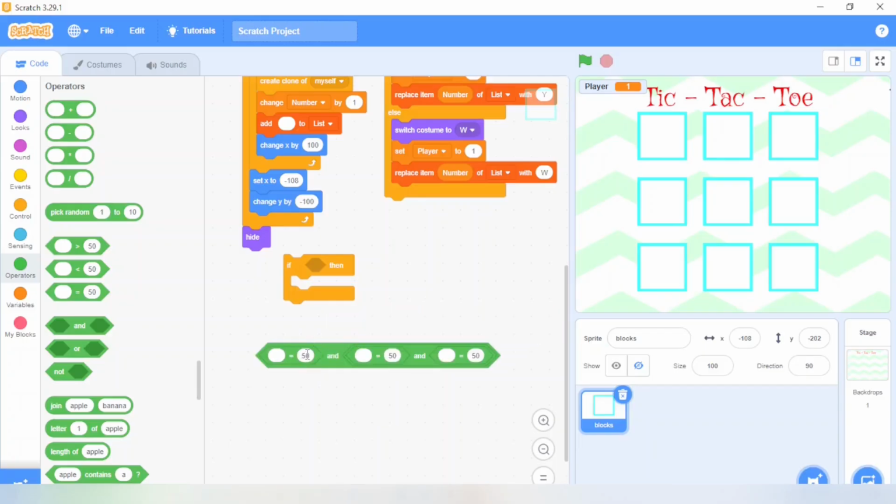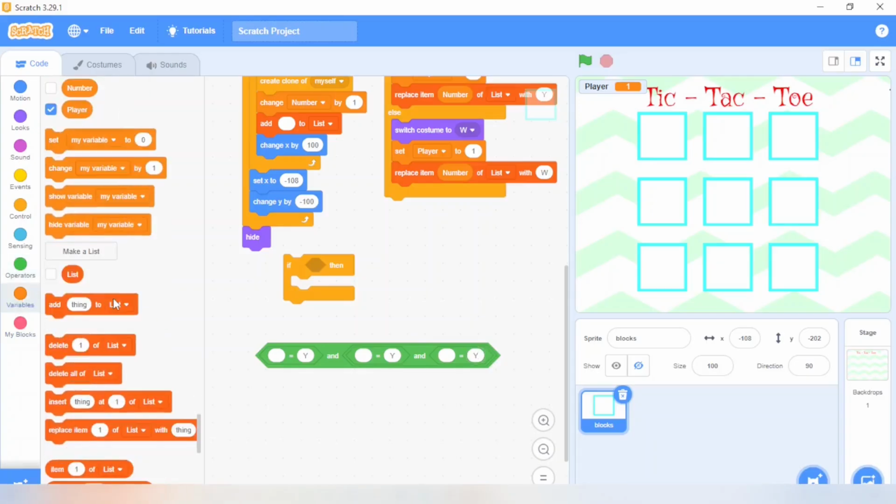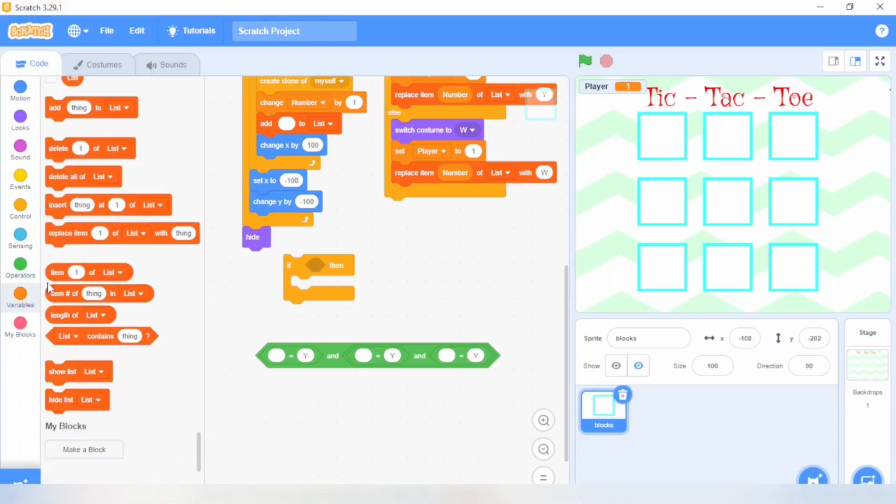Now here, instead of 50, what do we want? We can write Y. First we'll set the coding for the Y here, and to whom it should match. First go to the variable and take the item of the list.